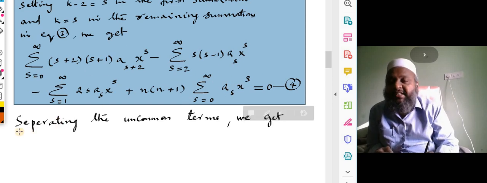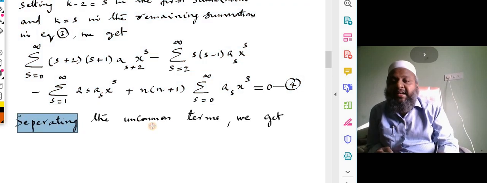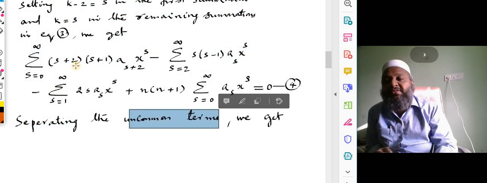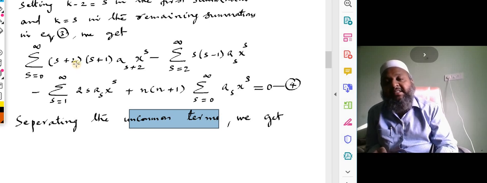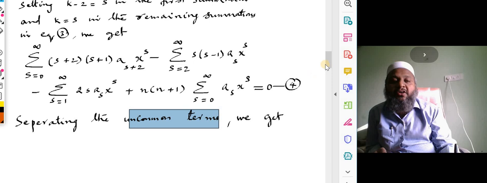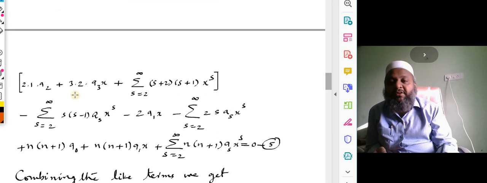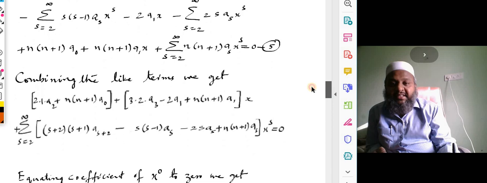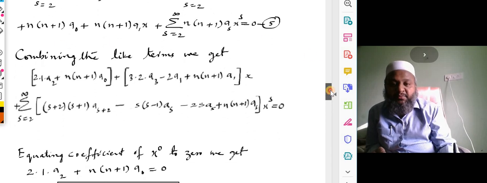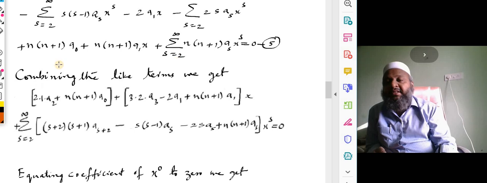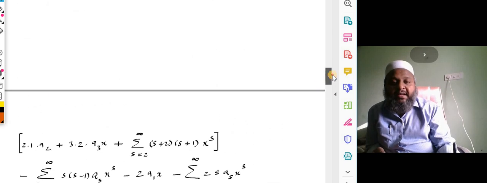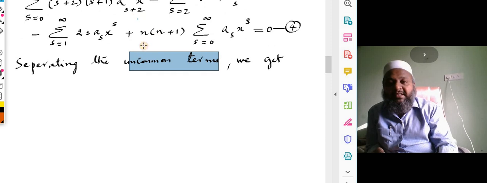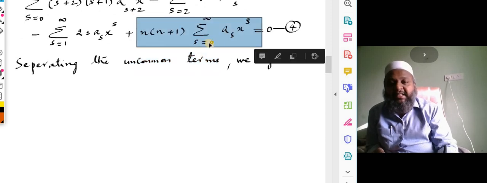So what we are doing is separating the uncommon terms. Uncommon terms, I mean to say, in this one the constant term is there and the x term is there. That is not common in all of them. So those uncommon terms I am separating. I have just separated the first two terms from that first summation, and s is from 2 onwards. If you do it that way, you will get this one. You can write some smaller steps and verify that one. It's so simple. If you want, you can just look back at this last step. When s is 0, it is a naught x to the power of 0, that is a naught.